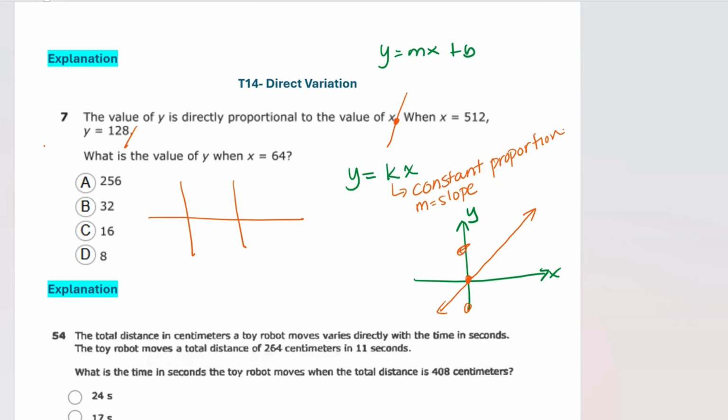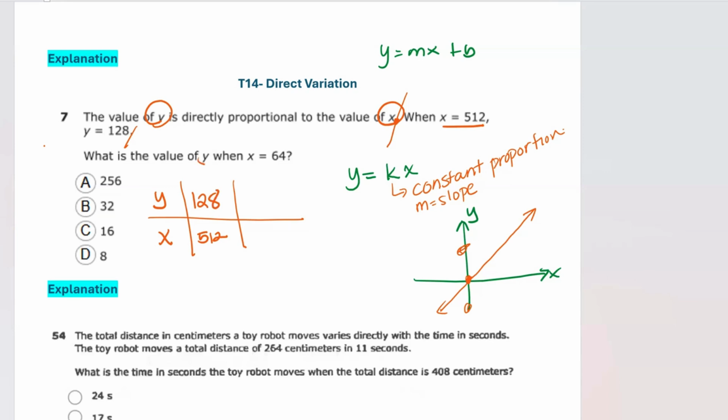Number 7, the value of y is directly proportional to the value of x. We are comparing here y and x. So I'm going to write y on top of my first table, and then x on the second. Again, the first letter is y, that's why it's written on top, and the second letter is x. Always practice that. When x is 512, I'm going to write 512 under here because that's the value. When y is 128,